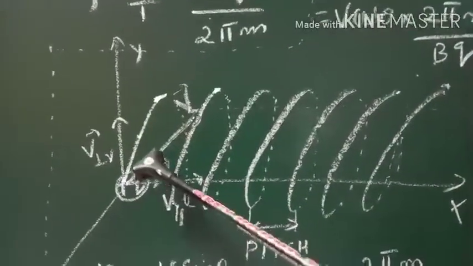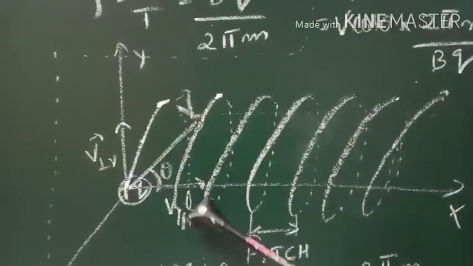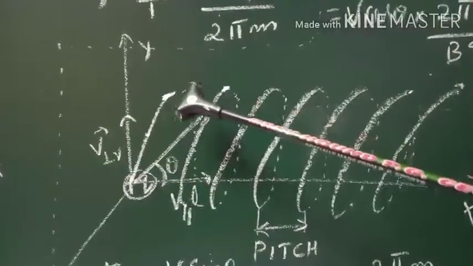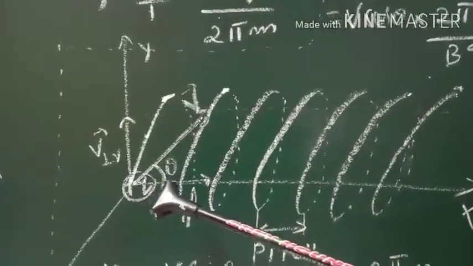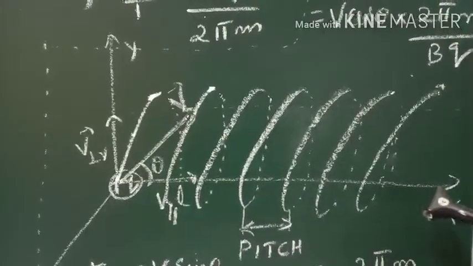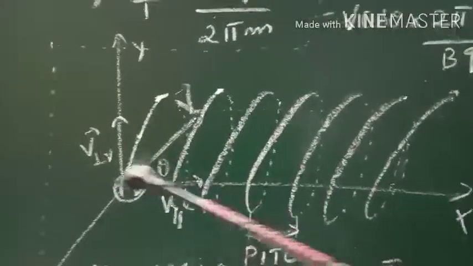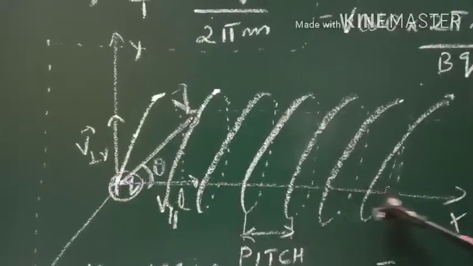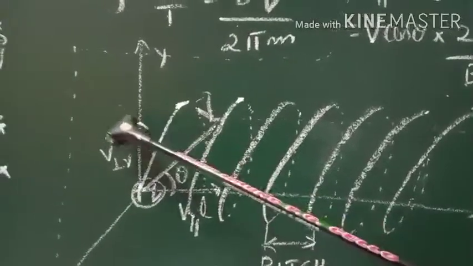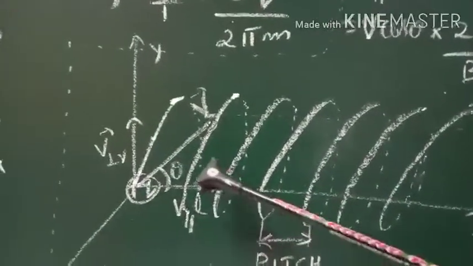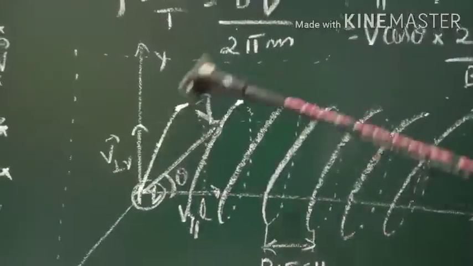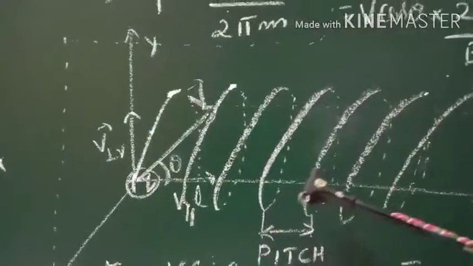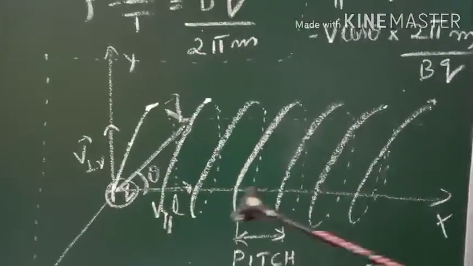So here due to the combination of this V cos theta component and V sin theta component, the particle will move along the circular path but proceeding in the direction of the magnetic field due to the cos theta component. Due to sin theta component, circular path; due to cos theta component, the movement in the straight line along the magnetic field. So by the combination of these two, cos theta and sin theta component, the particle will move in this way. Means that is a helical path, completing circular path, moving in the direction of the magnetic field. So is that clear, children?